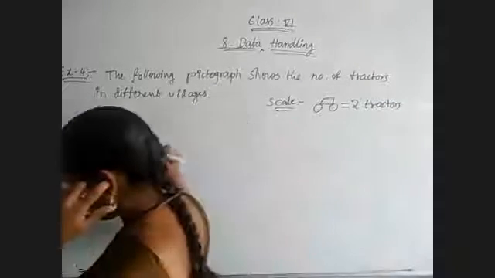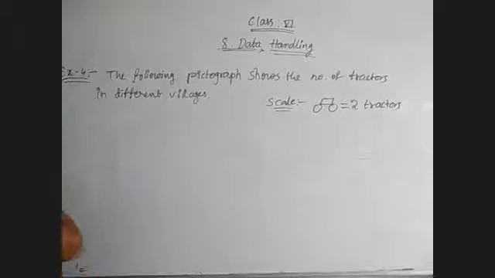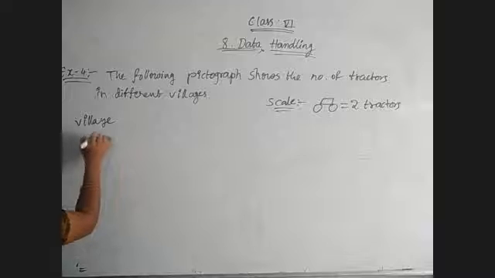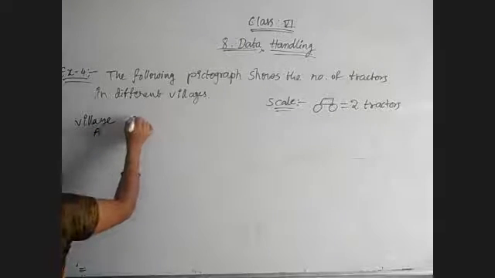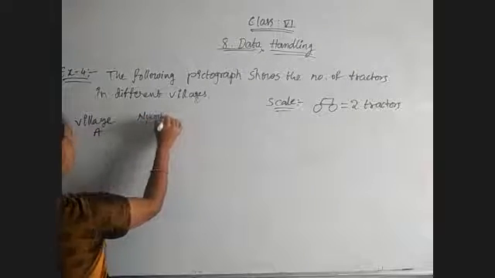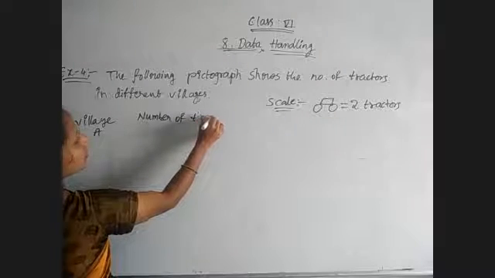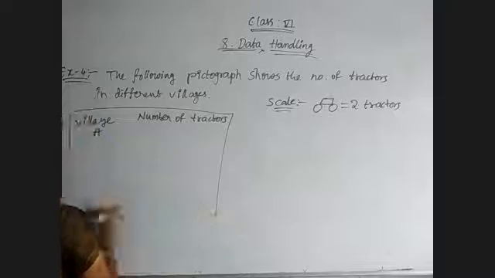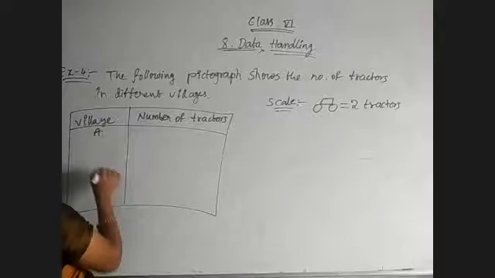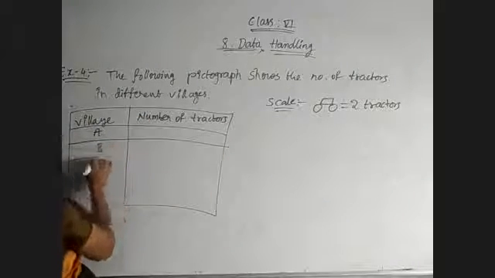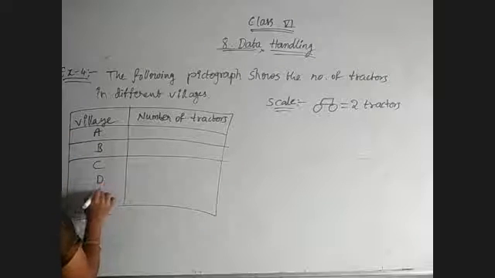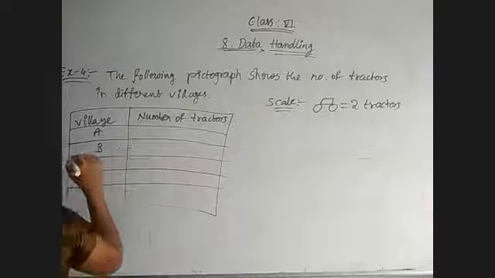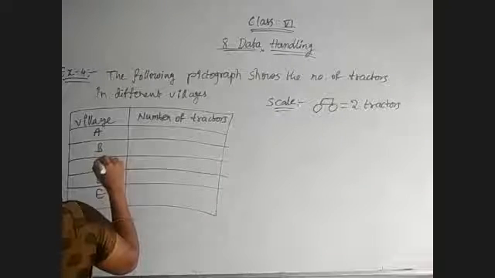Now the pictograph is given like this: village A and number of tractors, B, C, D and E. Total 5 villages are mentioned here, and the first village has 1, 2, 3, 4, 5